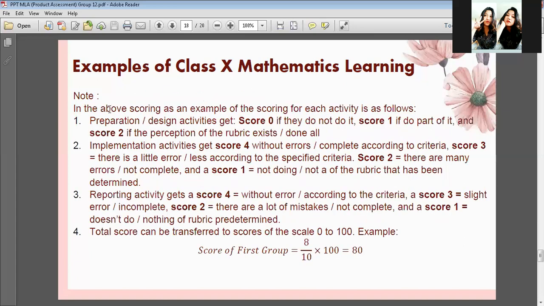And then this is the note of the scoring guidelines. In the above scoring, as an example, the scoring for each activity is as follows. The preparation or design activities get score 0 if they do not do it, score 1 if they do part of it, and score 2 if all parts of the rubric exist. And the second